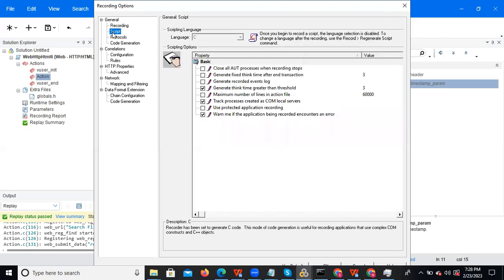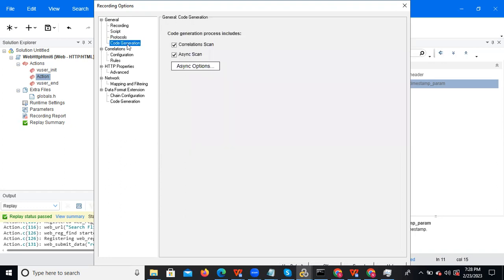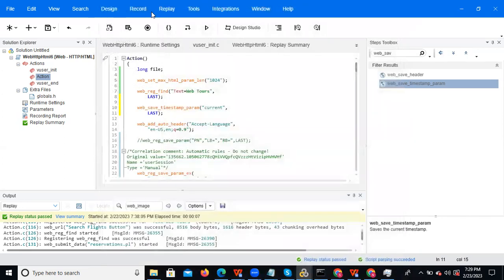Next will be scripting. Here everything will be the same, we keep it as is, and go to the protocol. Which protocol you select will be displayed here. And we have code generation here. If you want the correlation scan, why are we giving it? If you go here and click on